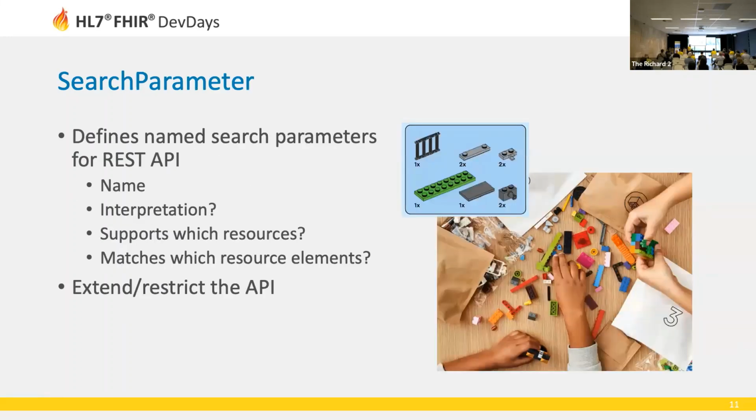Then I also mentioned search parameter or operation types of conformance resources. Well, search parameter